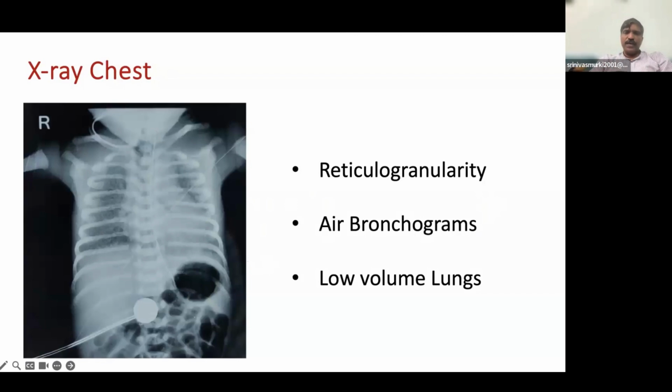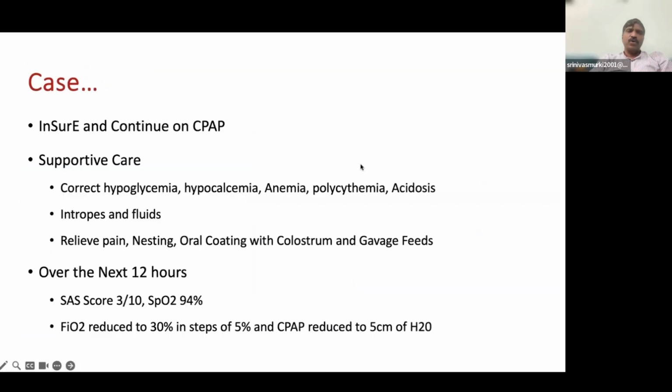Very good. So obviously our choice would be to give surfactant for this baby. So maybe even before increasing the pressure, I would have got an X-ray. And if the X-ray was showing this, while continuing on CPAP, I would have intubated, given surfactant and extubated back to CPAP in this baby. So this baby was intubated, surfactant was given and extubated back to CPAP, and other supportive